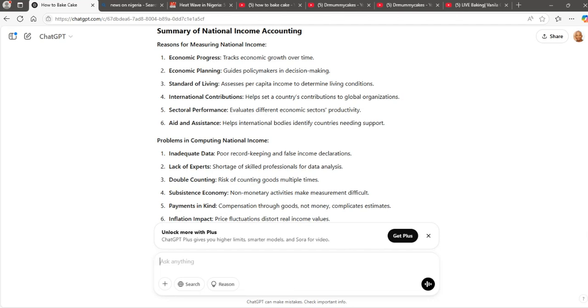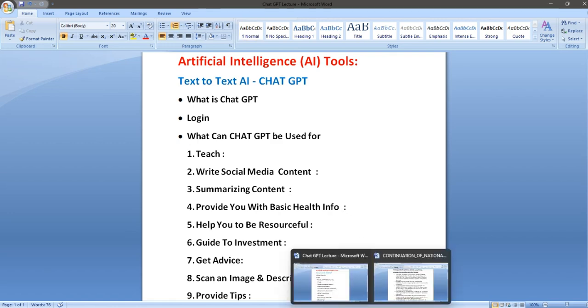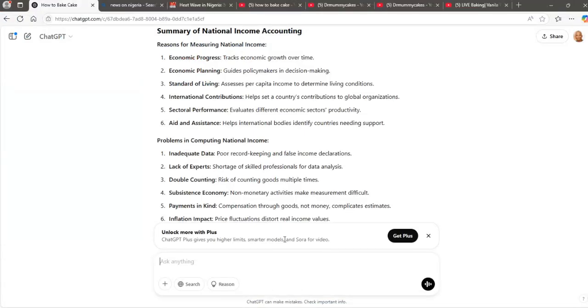Now, the next thing that ChatGPT can do for you is to provide you with basic health information. You can take it as an online doctor. You still have to see a doctor if you have serious issues, but if you have basic issues, you can ask ChatGPT to help you with some guidelines. For example, I can say, okay, ChatGPT, I have